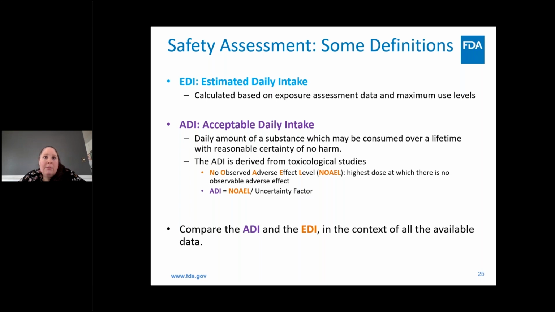From there, you can calculate the ADI by using the NOEL and applying uncertainty factors to account for various things. So for example, most of these studies are carried out in rodents, but this is going to be consumed in humans. So we have interspecies variability that we need to account for. These uncertainty factors help to build in a buffer to further ensure safety to the consumer. Ultimately, the toxicologist is going to be comparing the ADI to the EDI, and we hope to see an EDI that is lower than an ADI to ensure safety.